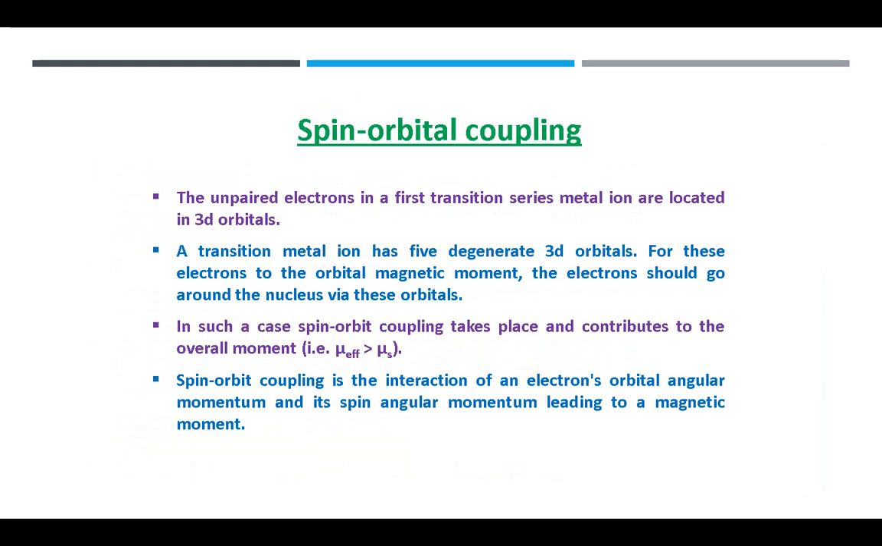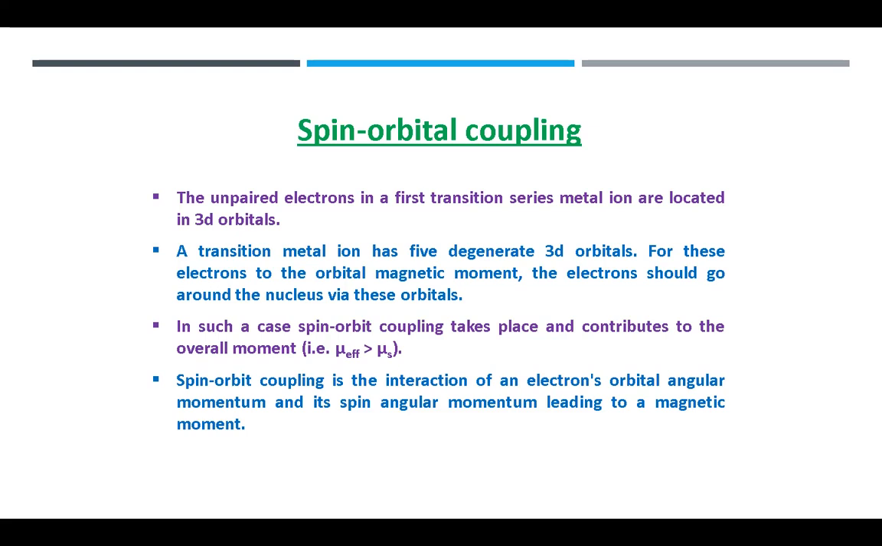Spin orbital coupling. As we know, some first transition series metal complexes, for example low spin iron 3+, high spin iron 2+, and cobalt 2+, give a magnetic moment much higher than that calculated from the μs equation. So, every metal ion, except for D1, D2, the low spin D5 and high spin D6, and D7, follow the spin-only